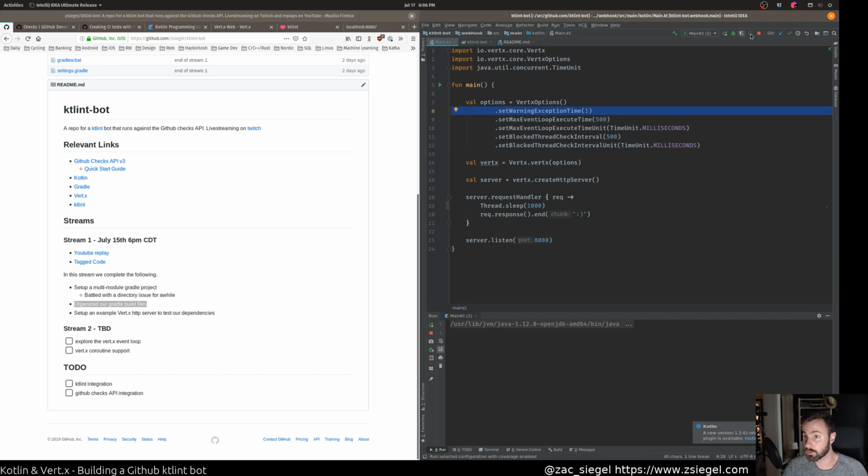So that we know and we can figure out where that exception is and where we might be blocking the event loop. So in the last stream, we threw in a thread.sleep here